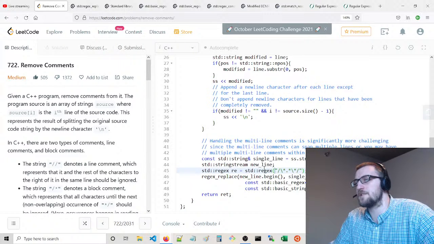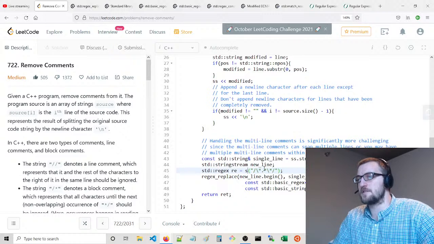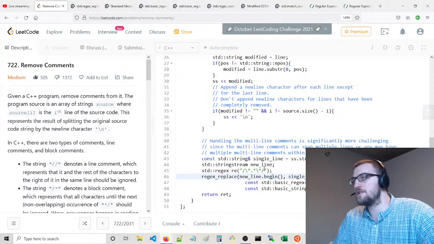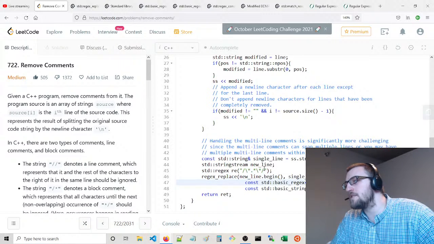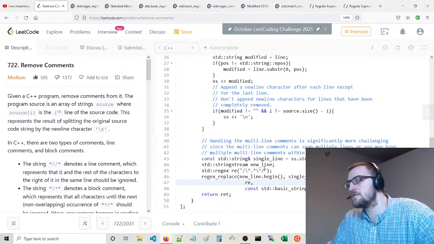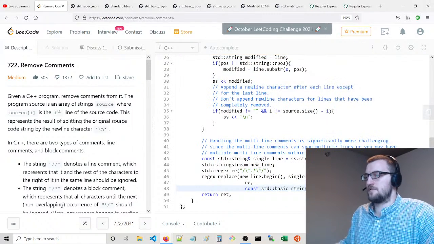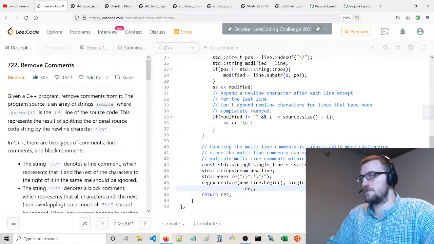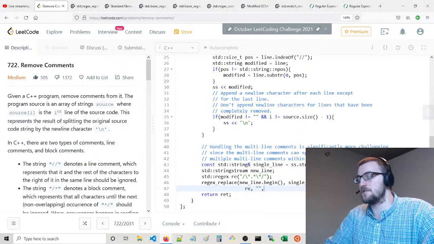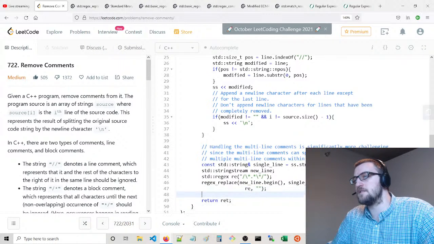And so this is the regular expression we want. And we're going to replace it with a formatted string. Whoops. Empty string, quite frankly. And that's it.